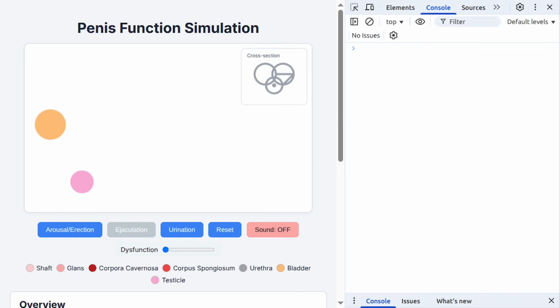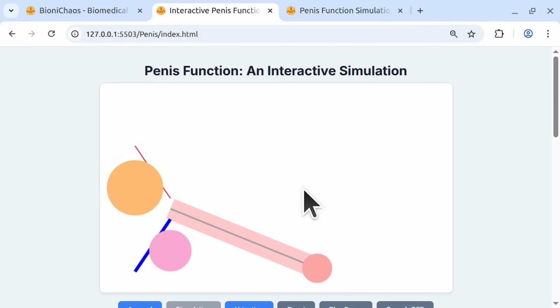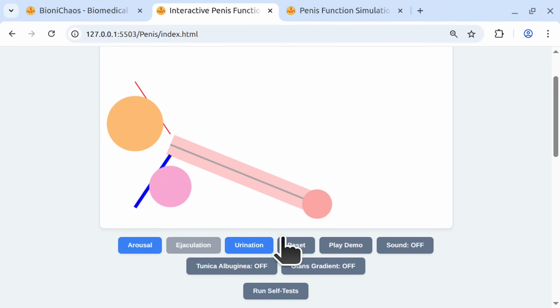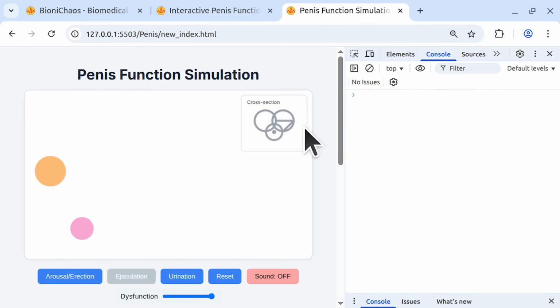Okay, so can we fix the code? The cross section is kind of useless at the moment. That's what the previous version had. Yet the new one